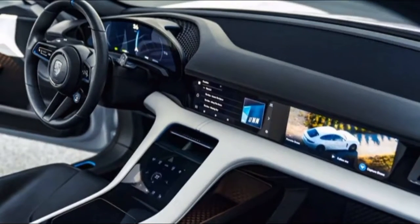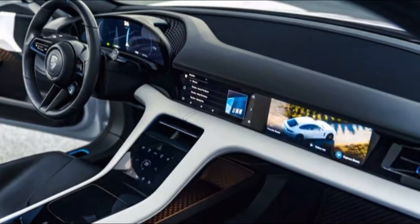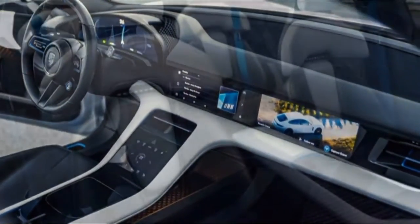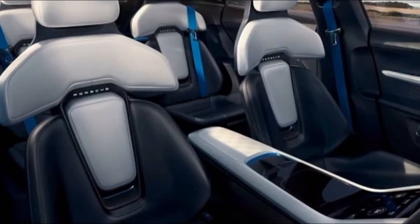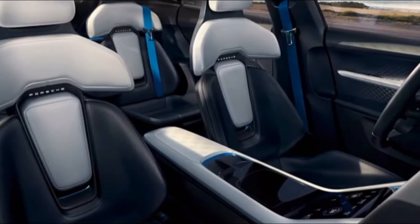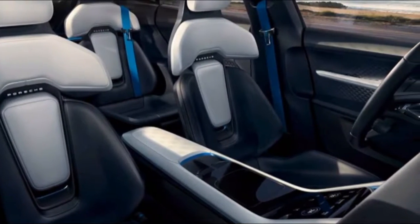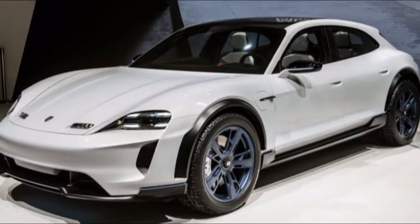£120,000. The 2019 Taycan is expected to come with a choice of power outputs, echoing the way the 911 progresses from Carrera to Carrera S to Turbo, but whether the Cross Turismo will follow that pattern is yet to be seen. Those details will be important, but for now the heartening news is that the fundamentals are so well sorted,